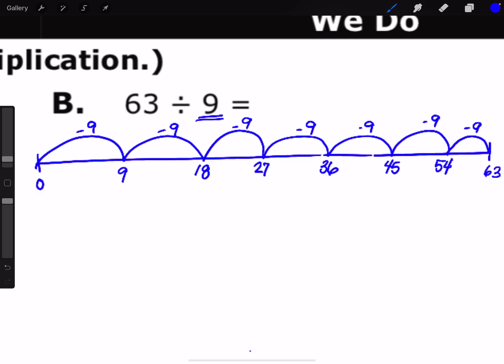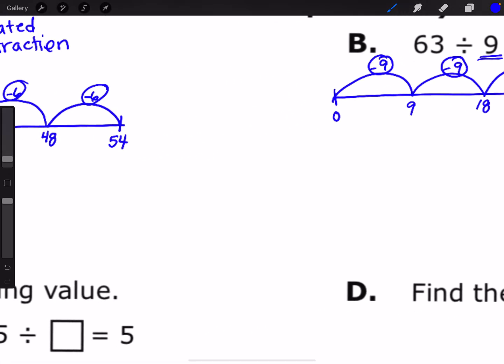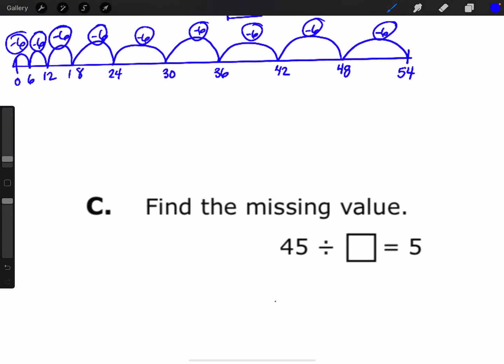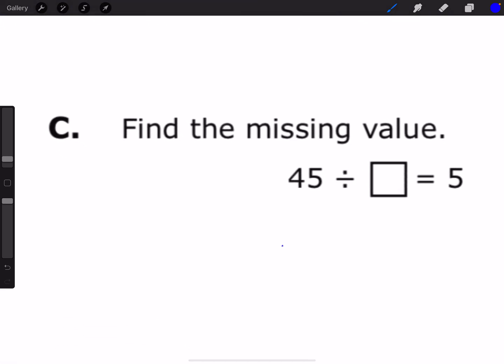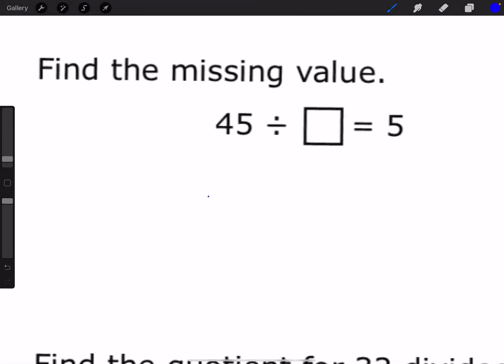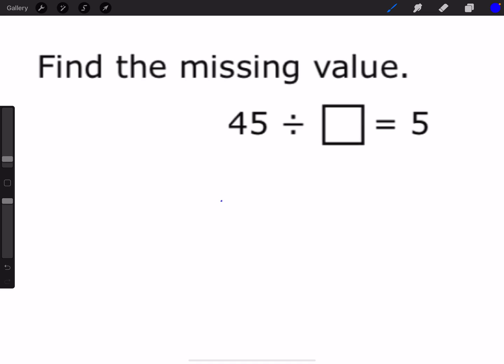Again, our quotient comes from how many 9s did we jump back? We have 1, 2, 3, 4, 5, 6, 7. So 63 divided by 9 has the quotient of 7. Good job. All right. We did repeated subtraction, and now we're going to do our chunking or our big 7